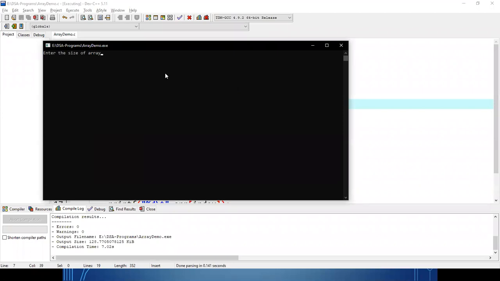Enter the size of the array. Clear? Suppose I am giving 5. Done. It is asking for a value, so the first value I am taking as input is 11. Next, it asks for the second value, 22, third 33, 44, 55. Now you can check that the elements of the array are 11, 22, 33, 44, 55, because I have taken the size of the array as 5, so it takes input 5 times.